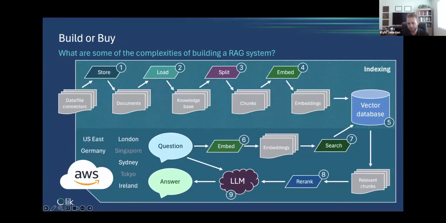A RAG system, this is just a few points of what happens behind the scenes in terms of the pipeline. There's the process of extracting those data files, of breaking them into the appropriate chunks, doing something called embedding, which is turning them into the numerical representation, choosing a vector database provider and storing them in there, and then all of the LLM components that happen after that. So as simple as it's going to look when I show you the product, just know that really there is a lot of complexity under the hood, especially when you talk about doing something like this at scale across an organization with hundreds or thousands of users.